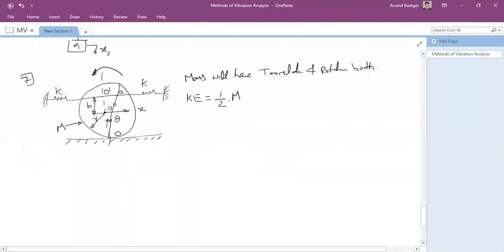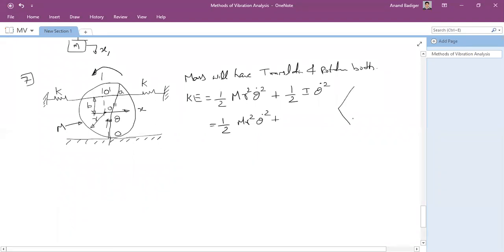So here I'm going to write it as half M r square theta dot square, because it is with respect to velocity, plus this is for translation. Now coming to the rotational, it will be half I theta dot square. Whenever you have rotational motion, the moment of inertia is given by I and then theta dot square. If I further expand it, I'm going to get half M r square theta dot square plus, now the I expansion.